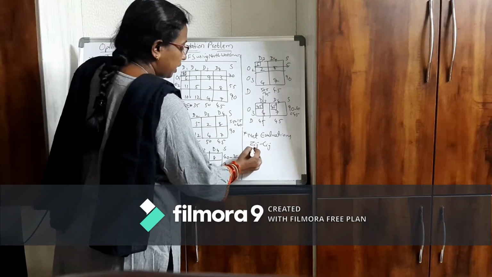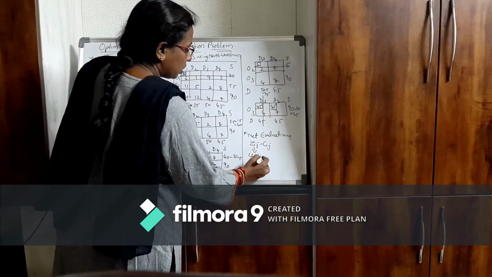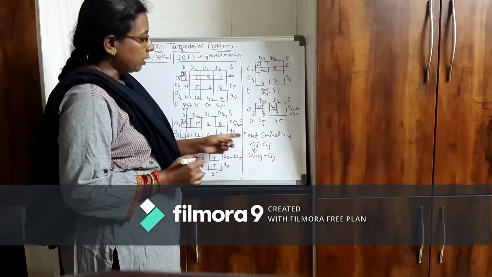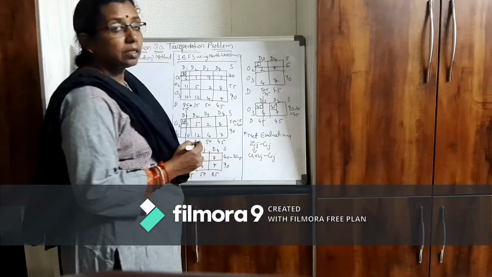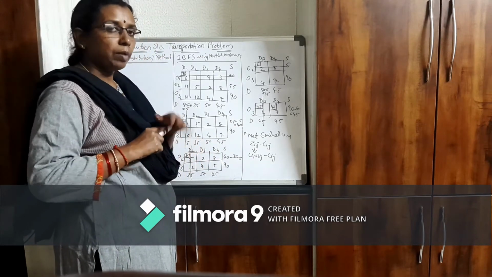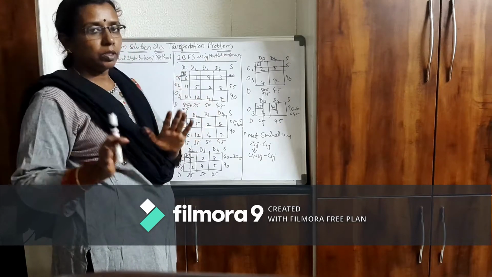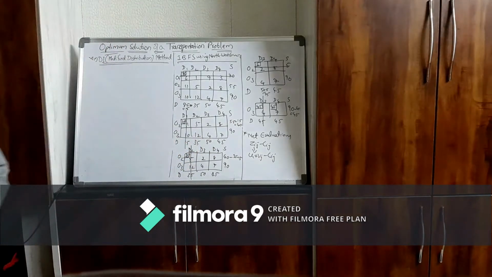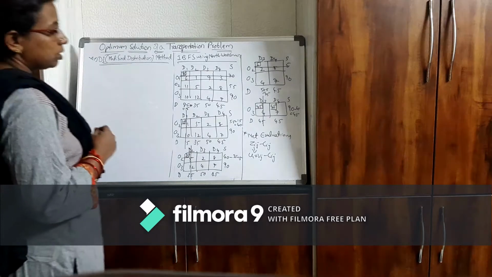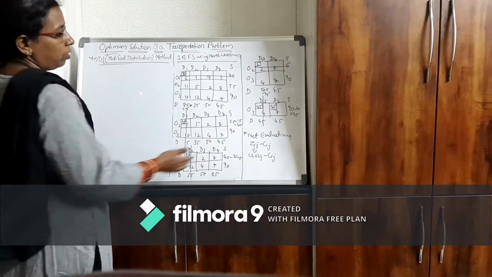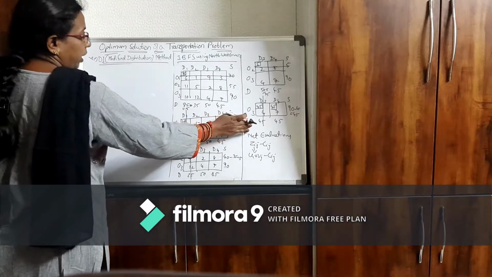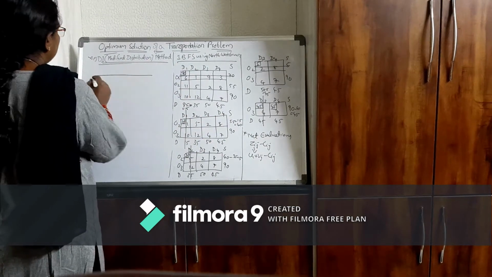Here Zij is nothing but Ui plus Vj. So here we will calculate Ui plus Vj minus Cij. We will calculate this until all of them are less than or equal to 0. In simplex, all the net evaluations should be positive, but in transportation they should be negative. Until all the net evaluations are less than or equal to 0, we calculate it. Then we say that the optimum solution is obtained. Now what is this Ui and Vj? To find that, the next step is to draw the table.